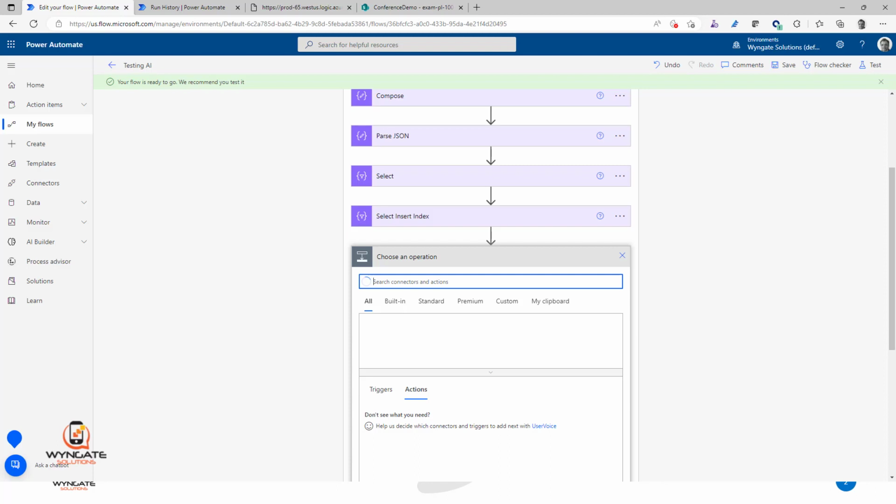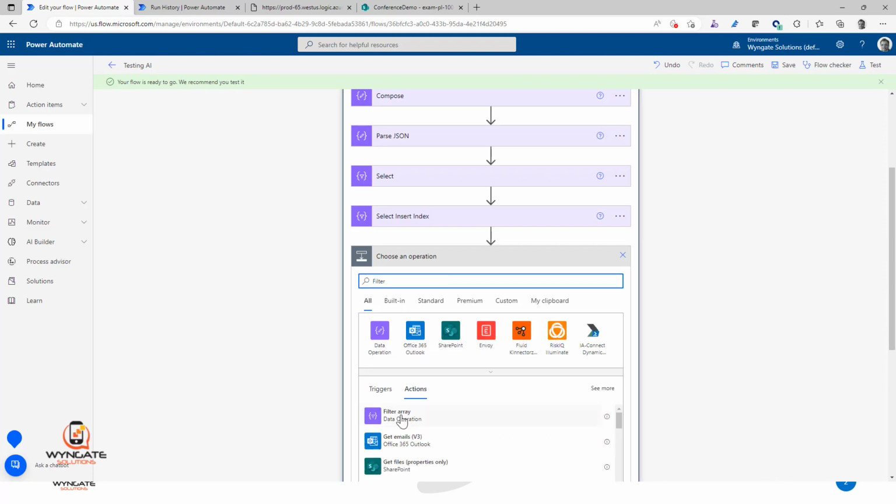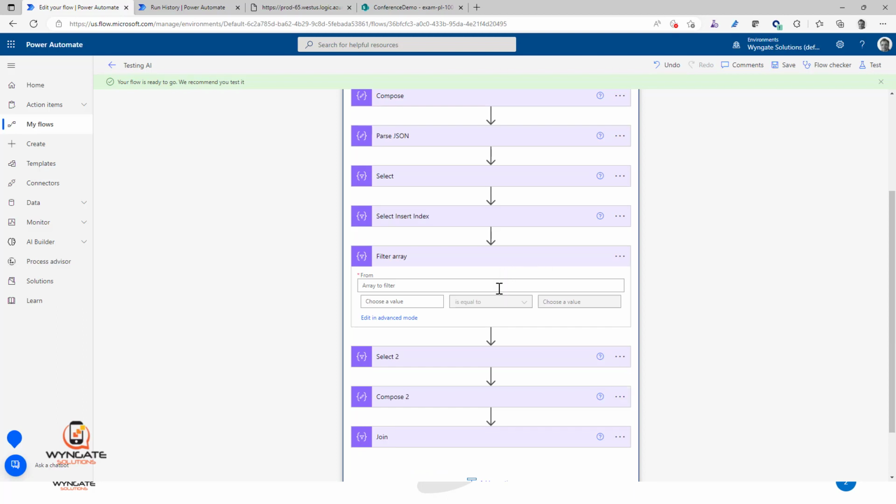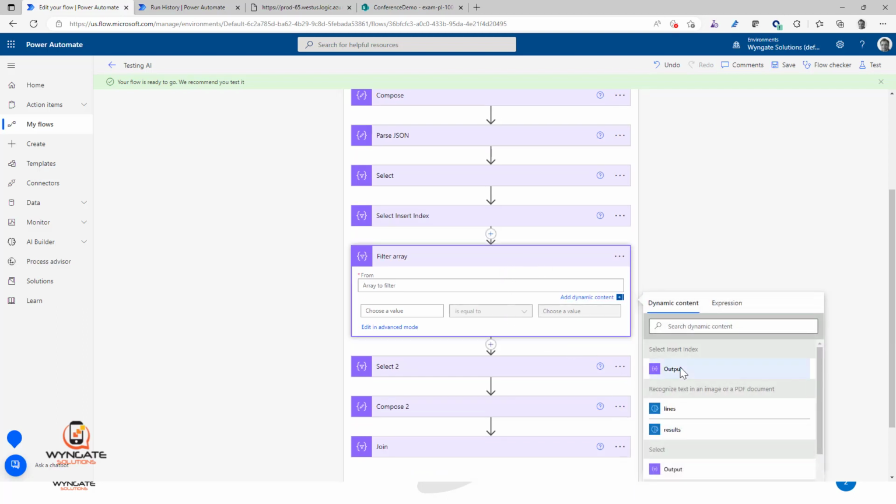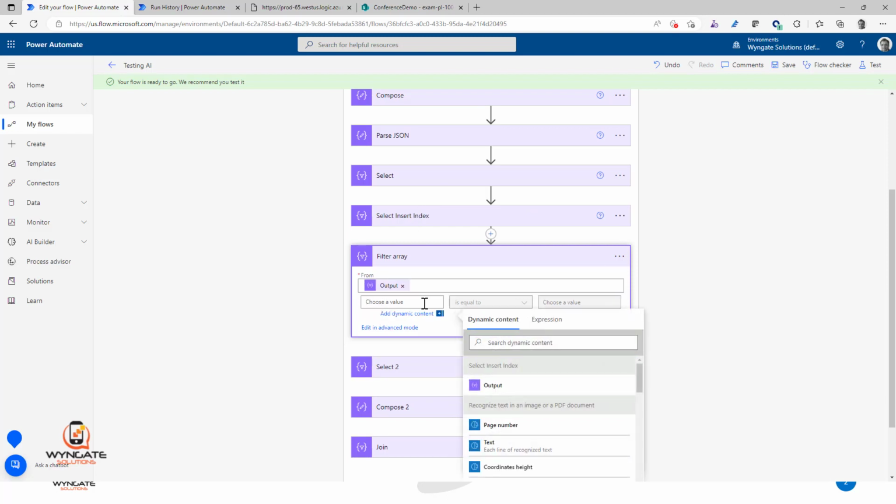So there is another action called filter array. Okay. So you click on this, and now what I'm going to do is I'm going to use the output from this insert index. So click on that, and I'm going to say where index, oops,